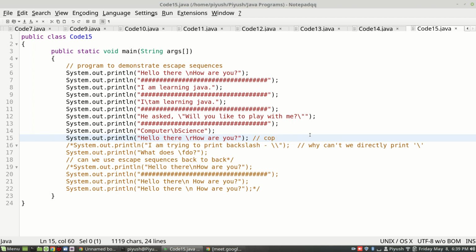Copies or simulates. Simulates, you know the meaning? Copying the activity of something. Simulates the carriage return of old printers, old typewriters.